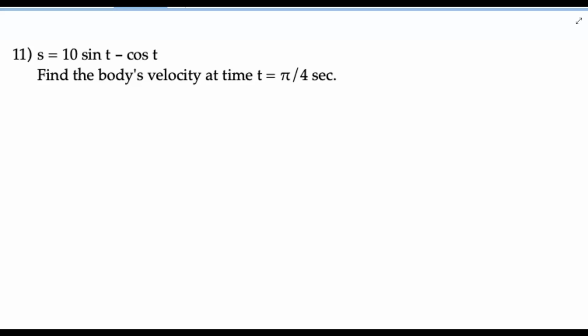In the following example, we are given a position function, s equals 10 sine t minus cosine t, and we are asked to find the body's velocity. Okay, we're asked to find the velocity at time t equal pi over 4. So what we have to do is find the derivative s prime, because s prime is actually the velocity function